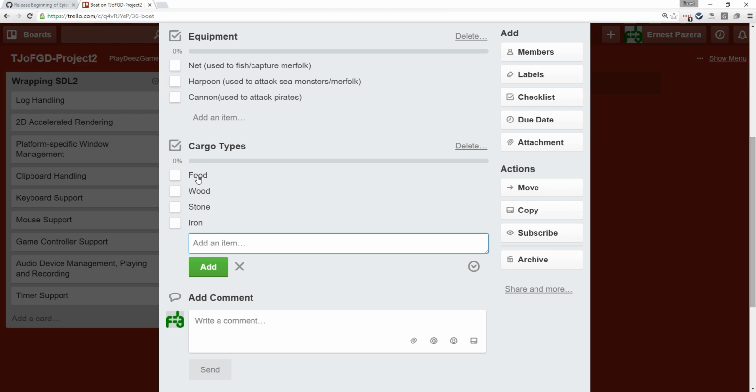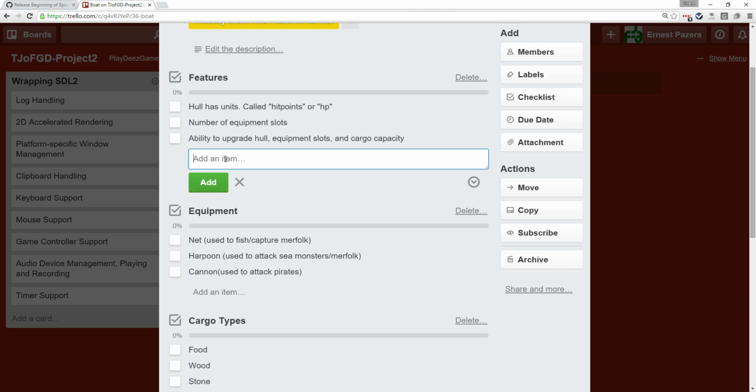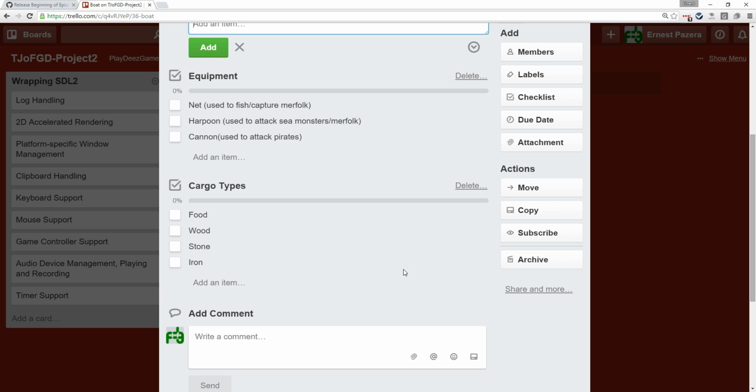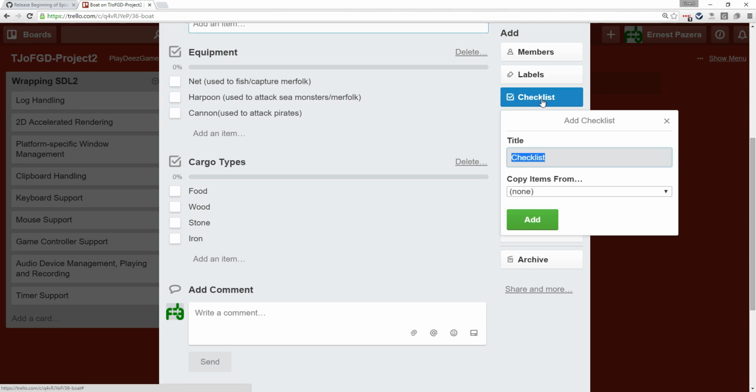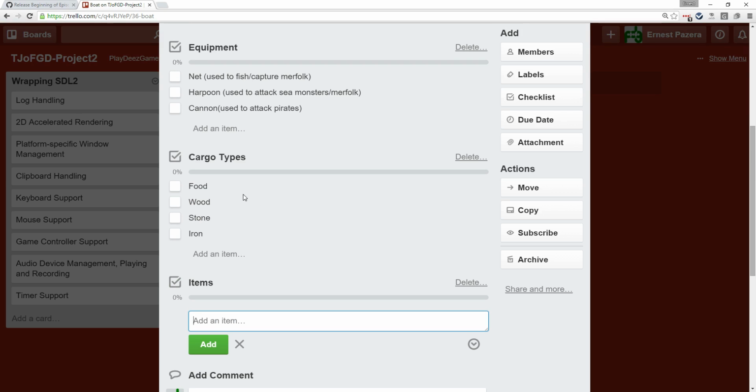Just things that I need. Currency types, and then of course one more checklist: items, because we will also have